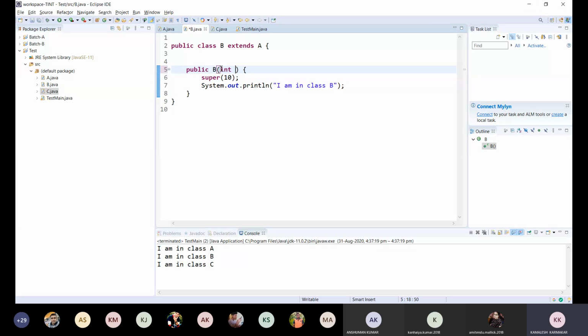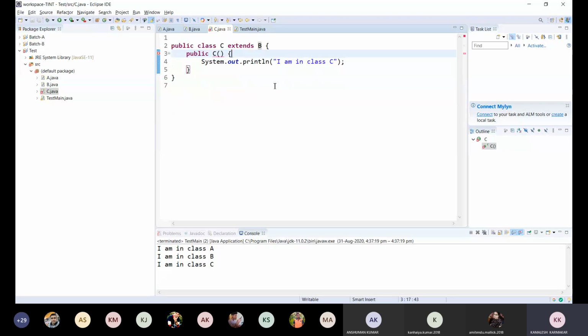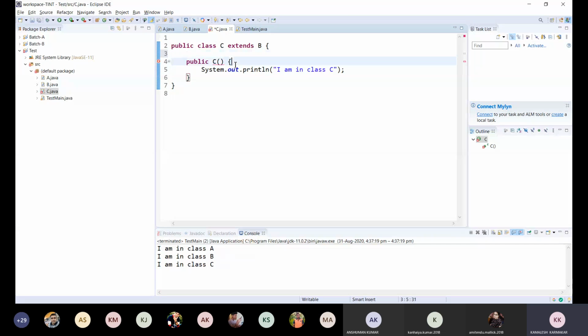Now, if I say it's Z, again the same problem will appear. In class C, from this constructor, by default the constructor of B is being called, which is overwritten now. So we have to call this like this. So super is being used to call the superclass constructor.